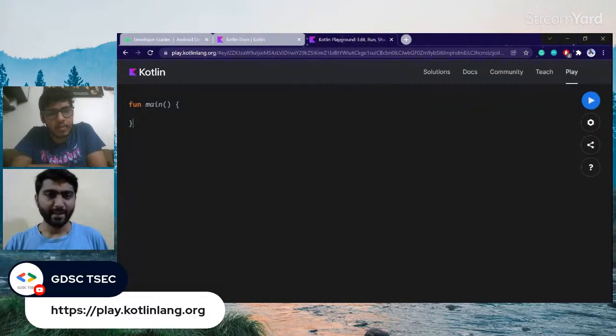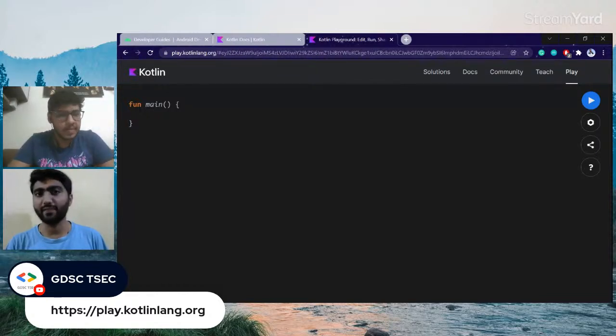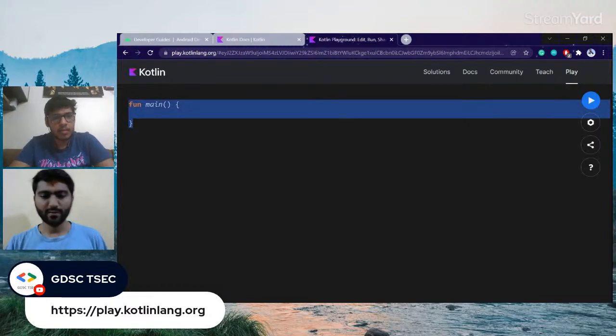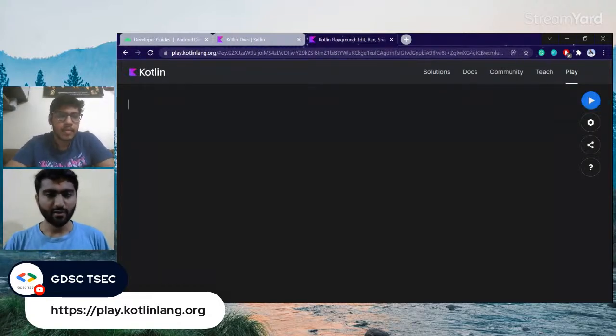Since I'm assuming that all the participants are coming from some computer engineering background, they might at least be aware of classes, functions, and variables. Even if not, I will try to explain it in a very concise format so that you can easily understand how it goes. First of all, whenever you want to declare something in Kotlin or maybe any programming language,